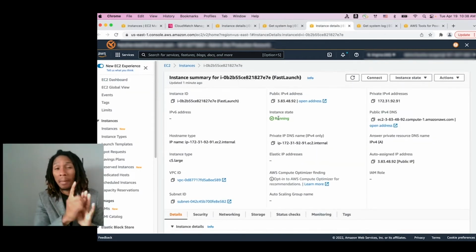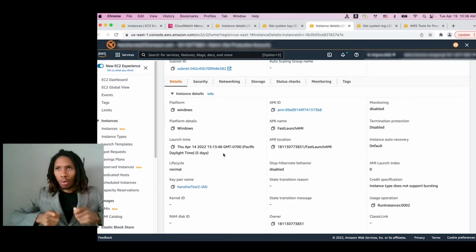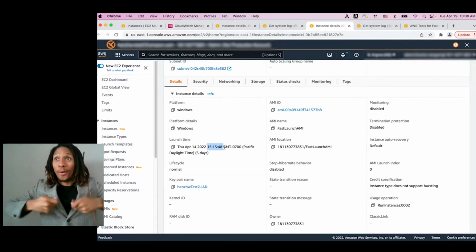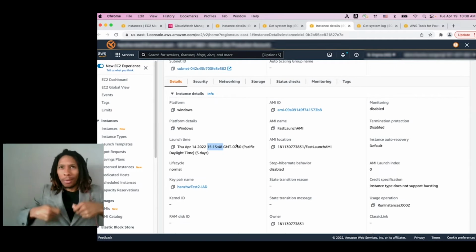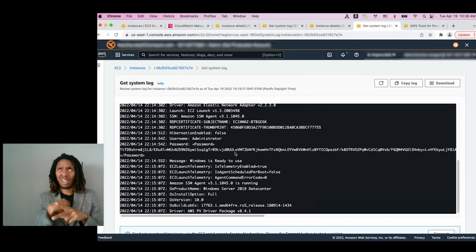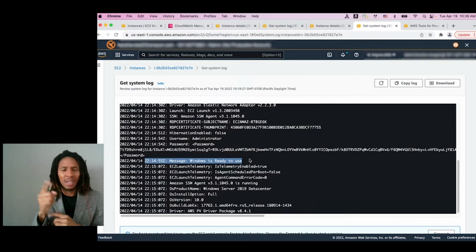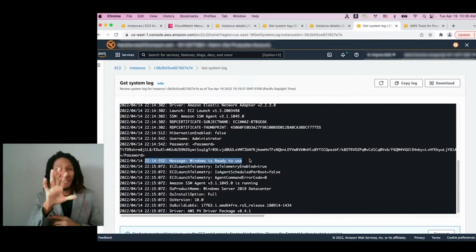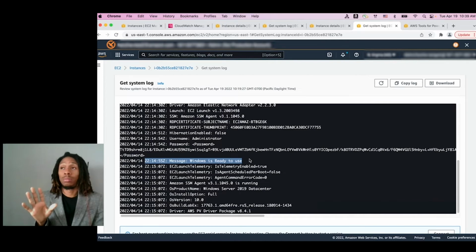I feel like there should be a drum roll. We could probably add one. Someone's gonna have to do time math for me. The numbers are too small for me to see. I apologize. It launches so fast, the numbers are too small. So how many seconds do we have there? About a minute. Okay, so literally about a 50% improvement. Wow. That is amazing. And all he did was set a flag.